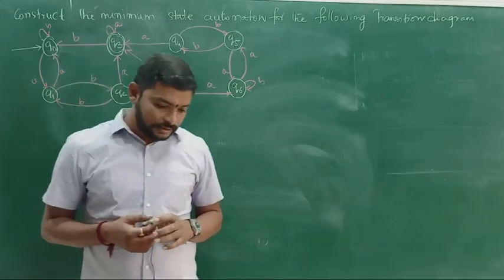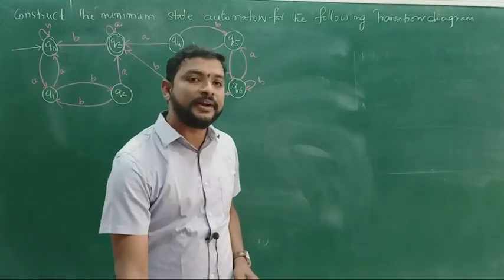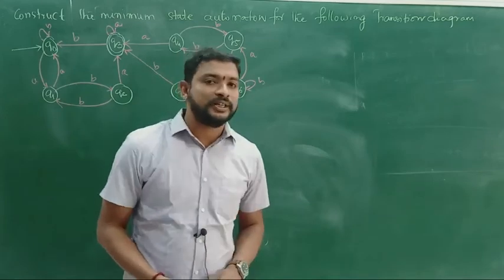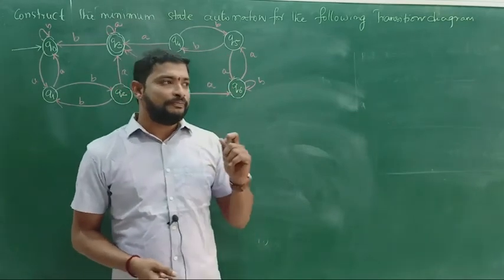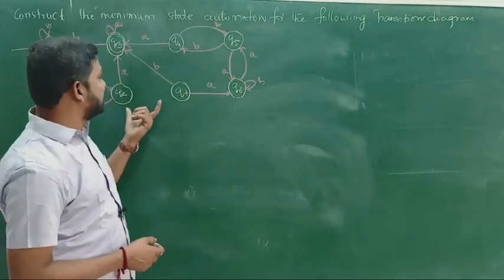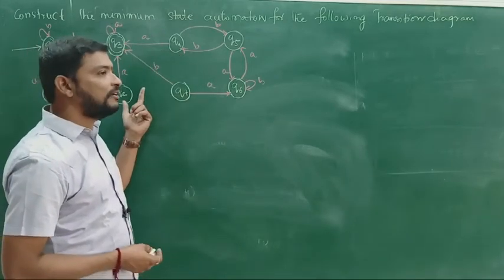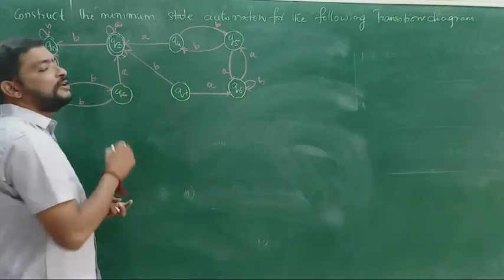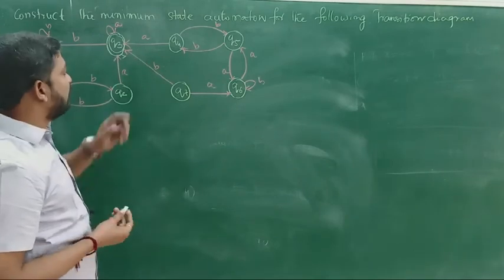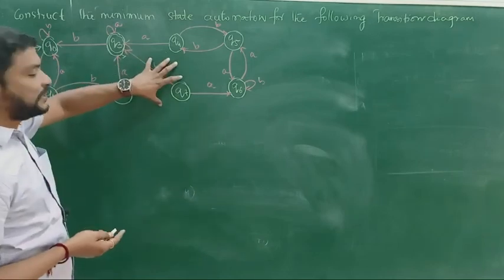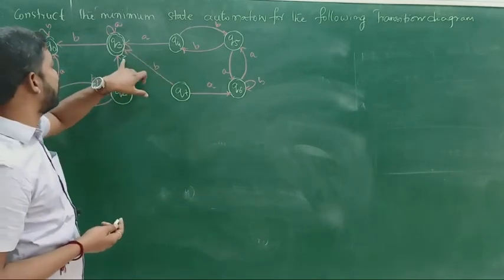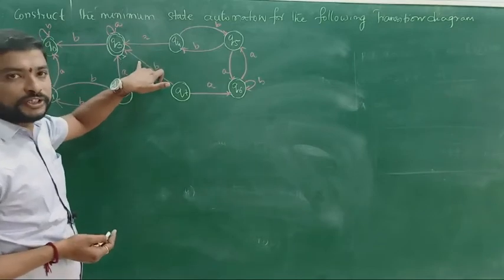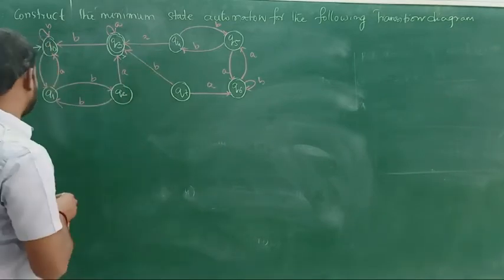But what are the rules in the minimization of a finite state machine? The first point is that from the given states we can find the final state. The final state we find is called one new state. For the given transition diagram, first we find the final state. The final state is nothing but a new state, right? And that is the first point.